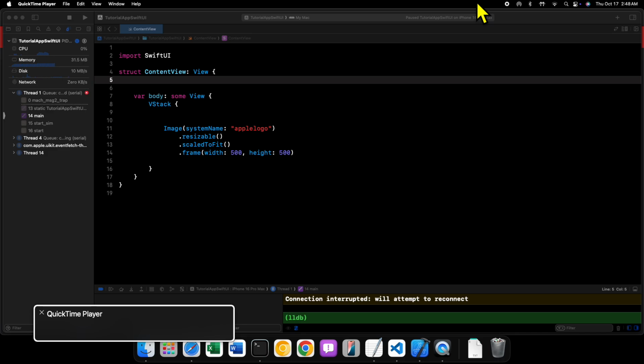This view was introduced in iOS 14, so if you need to support all the way back to iOS 13 for whatever reason, you won't have access to Color Picker. If you are using iOS 14 and later, which you should be, then Color Picker is available to you. Now, this view is going to require that we have a state variable. So if we go into Xcode,